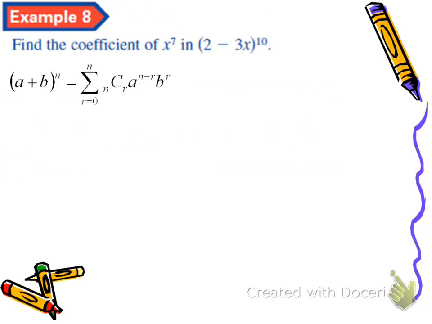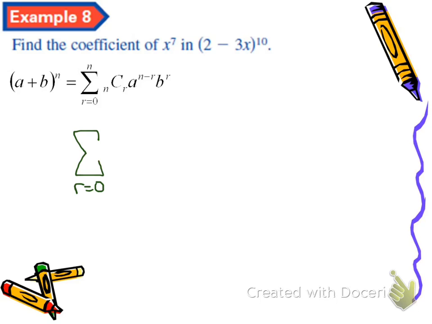Alright, example 8. In example 8, what we want to do is find the coefficient of x to the 7th power in the expanded binomial (2 minus 3x) to the 10th power. To start this problem, let's take the binomial and write it in the correct summation notation. So we would take the sum of r,